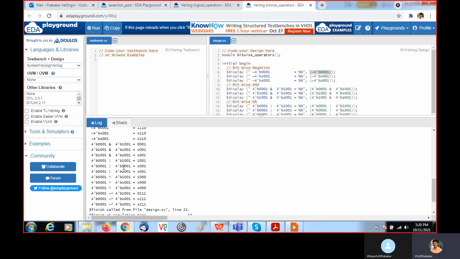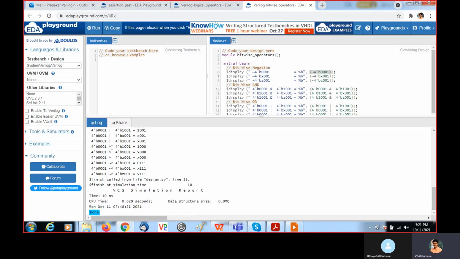If any one of the bits is x, you will get x, because x OR with 0 may be 0 or 1, so the same you will get. Here it is x, here it is z, OR with 0, you will get x. The remaining positions will perform OR, and this will be the value.